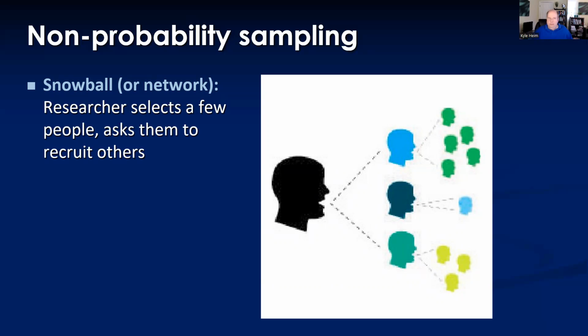You may invite 5 or 10 people to be part of your focus group, and then you tell those people, hey, go ahead and ask your friends or your family members or the people you know or the people you work with, encourage them to also come to the focus group session. And then those people in turn will invite still others. So you begin with a certain number of people, and then those people in turn invite others, and your sample snowballs. That is also non-probability sampling.